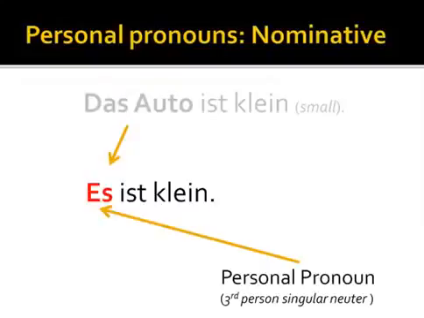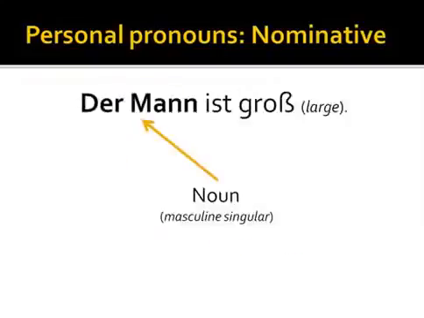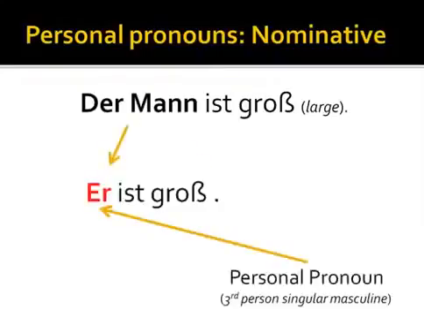So we could use that with neuter nouns, but we could also use it with any other noun, masculine or feminine. Here we have a masculine singular noun, der Mann. Der Mann ist groß. The man is large. So again, after I've established the fact that we're talking about the man, I don't need to continually refer back to der Mann, der Mann, der Mann. I can simply say er ist groß. Substitute the noun, the complete noun, with the definite article, der Mann, with the personal pronoun, third person singular masculine,